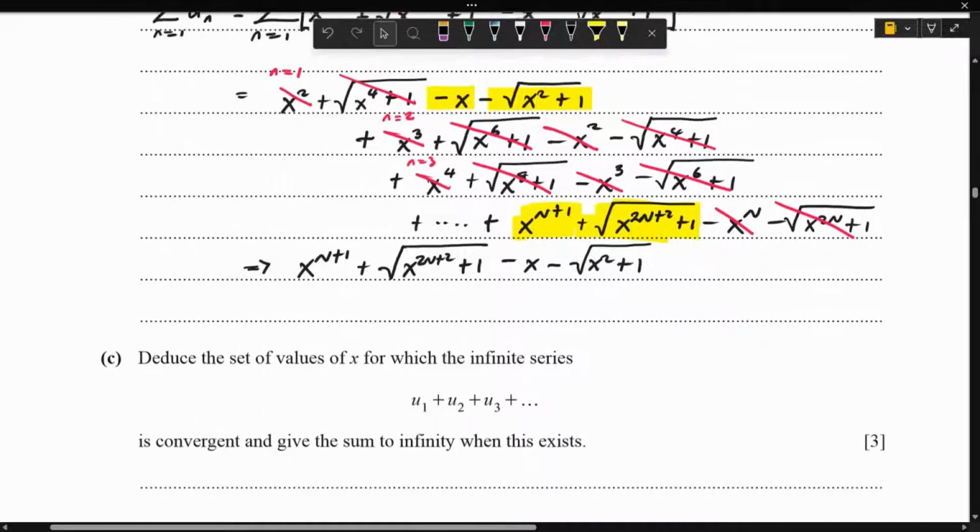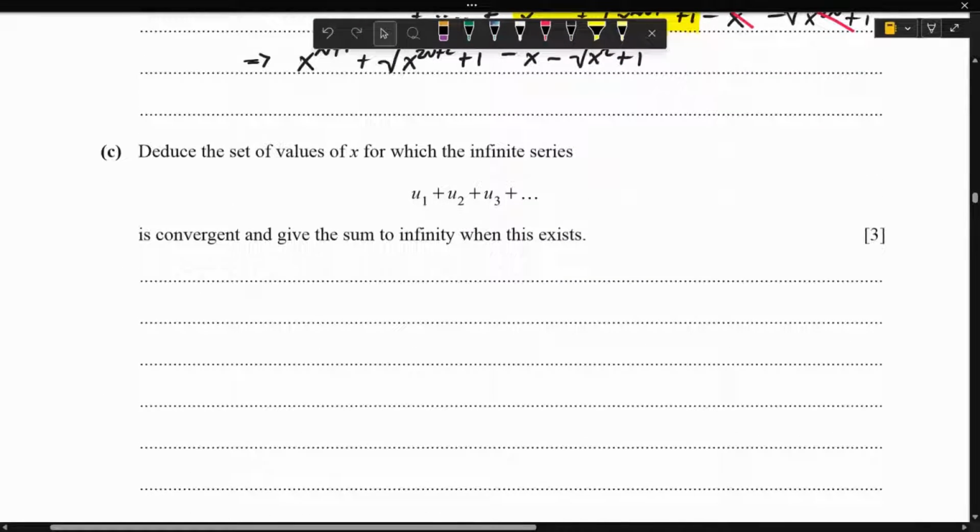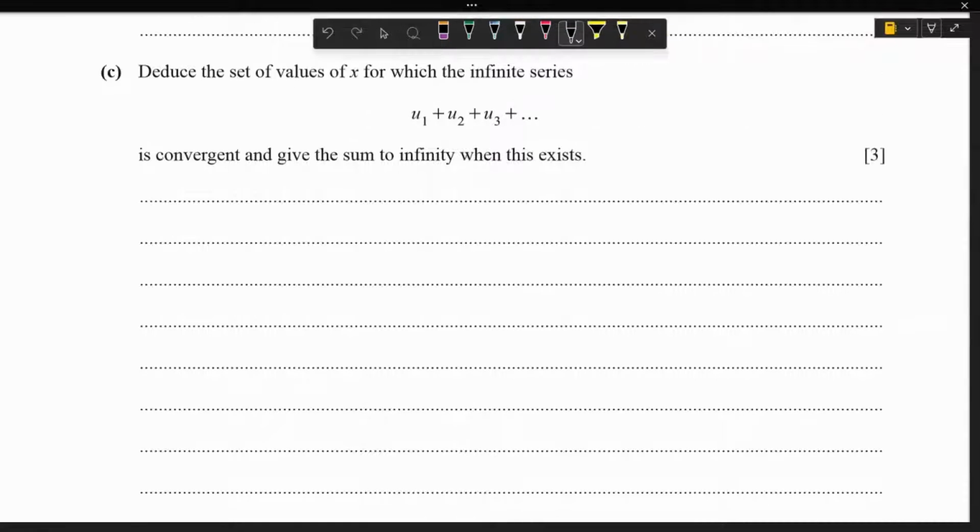Let's go on to part C. On part C they say, deduce the set of values of x for which the infinite series u sub 1 plus u sub 2 plus u sub 3 and so on is convergent, and give the sum to infinity when this exists. Now in this particular case we are looking at the infinite series u sub 1 plus u